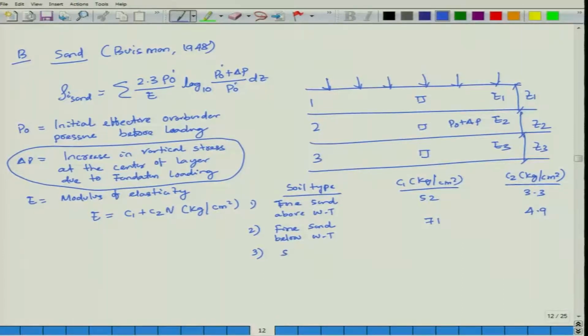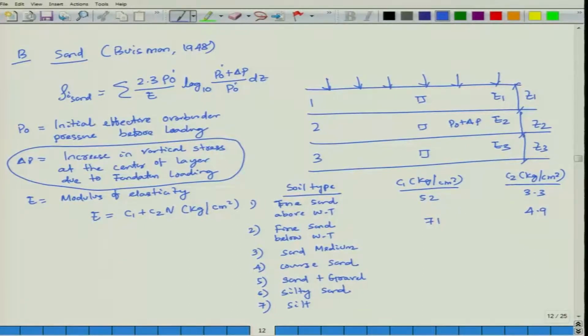Sand medium size sand, then coarse sand, then sand plus gravel, then silty sand, then is your silt. Why I am writing, many books may not be providing this value E is equal to